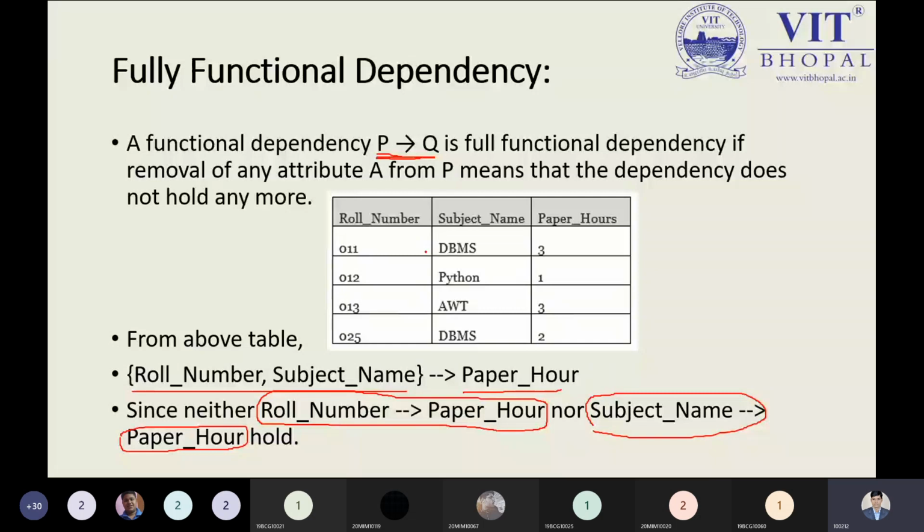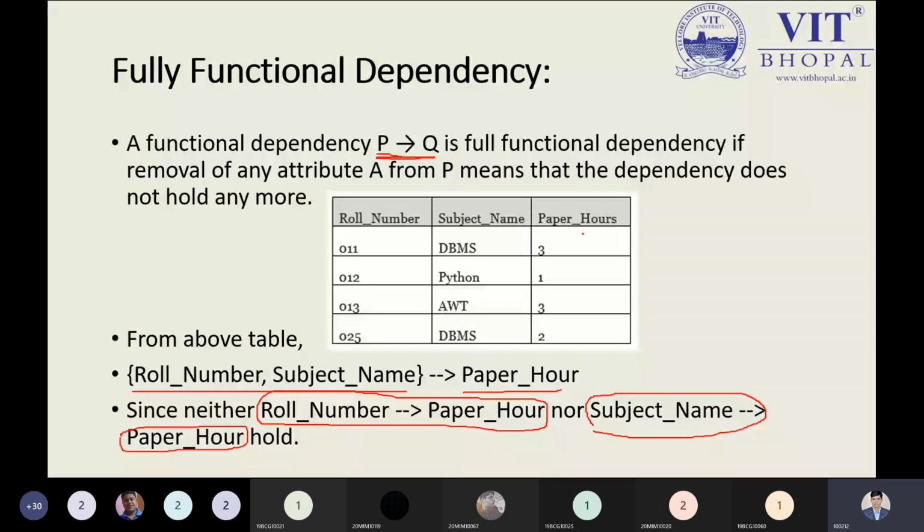And if we are talking about, see, that is not associated between the subject name. But individually, we're talking about the roll number and paper art; both are not making any kind of functional dependencies. That is the first point. Second point, the subject name and paper art we have. In the subject name we have DBMS and DBMS. So you can understand the subject name is duplicated. The subject name is coming 2 times, but here we have 3, so we are not able to understand which subject name we are mapping with the paper art, to whom to assign. That is the reason this relationship or this dependency cannot be held over here.